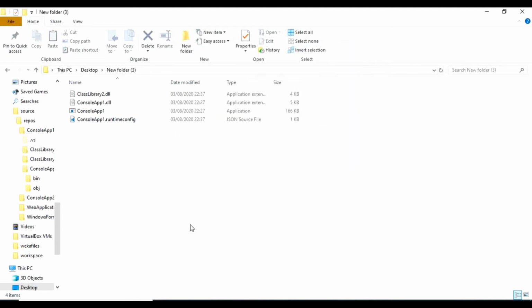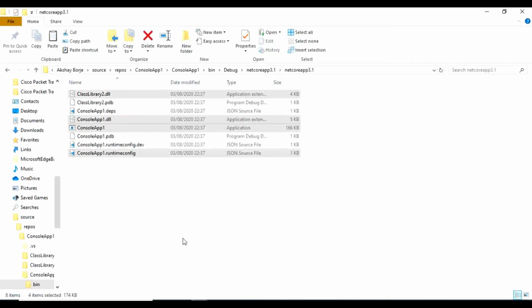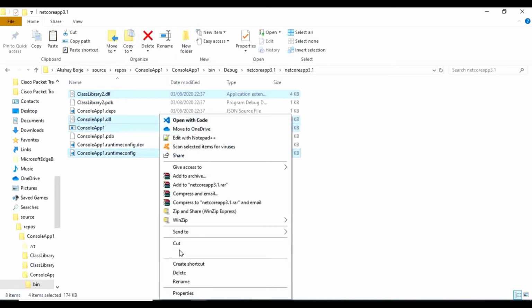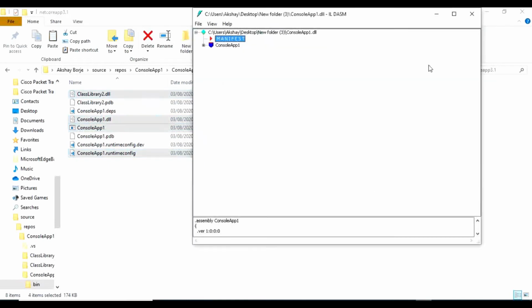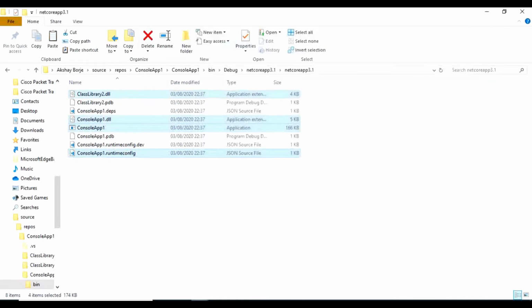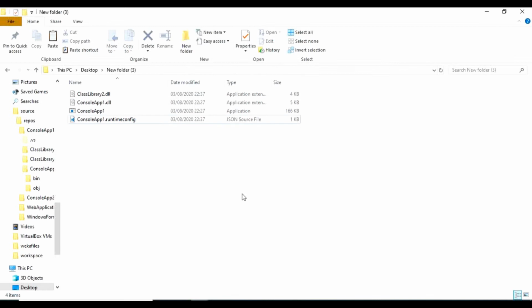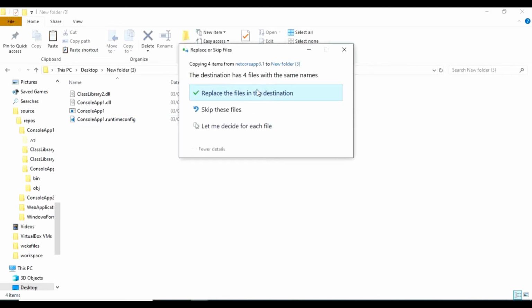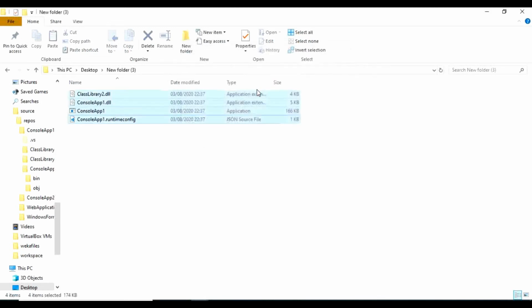Let me copy this again. I will close this as well, and paste that here again. I will basically replace these files.